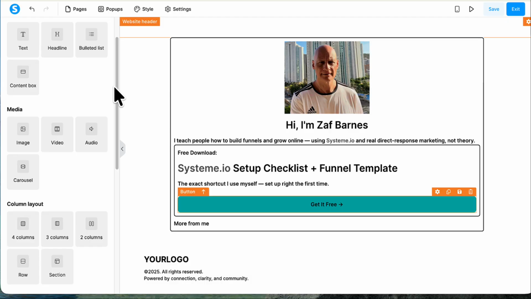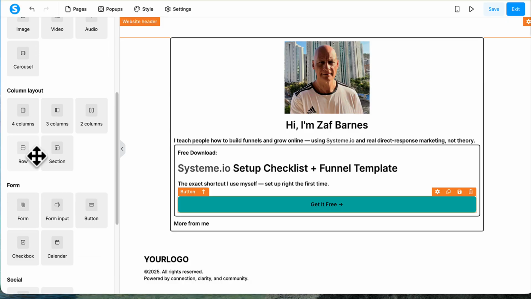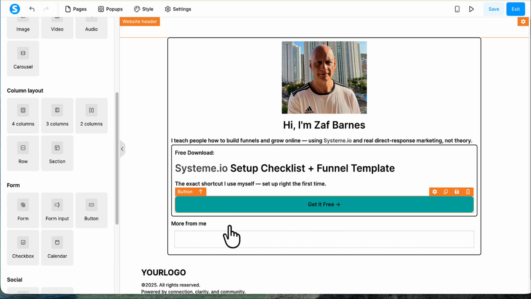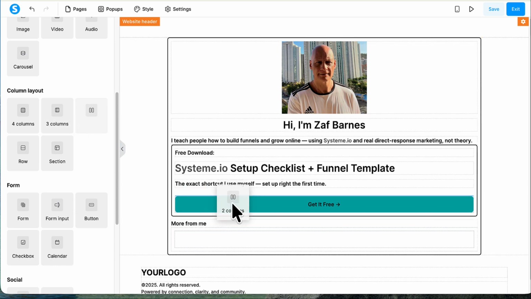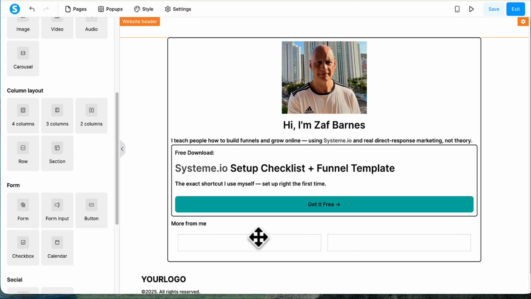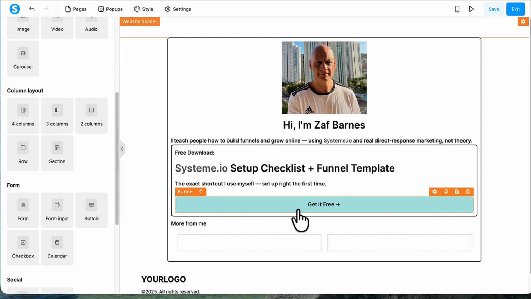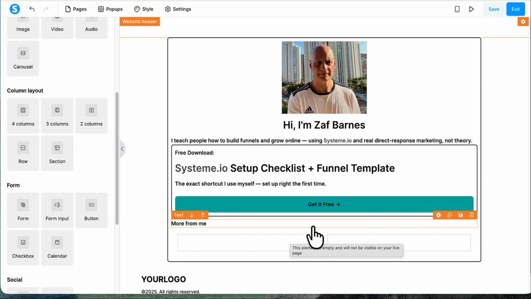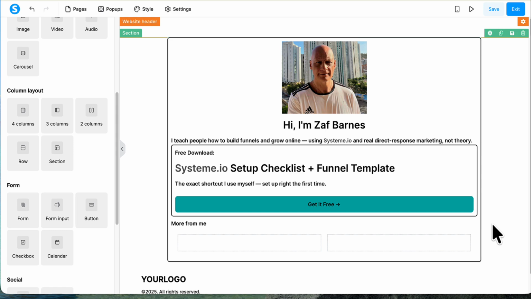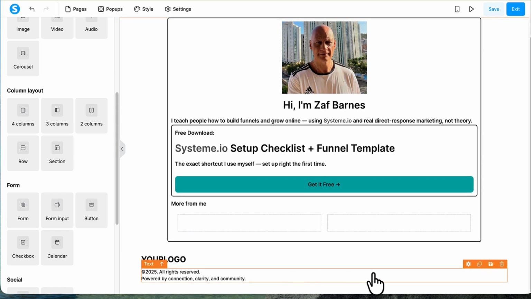And what I'm going to do is add a row section underneath this text here, and in there I'm going to put 2 columns inside that, and these are going to be for links for my free resources that I've got on various different pages, websites, and you can put in the links here to what lead magnets you've got, or to affiliate promotions, you put in an affiliate product. But if you're doing that, just make sure that at the bottom there you've got a link to your